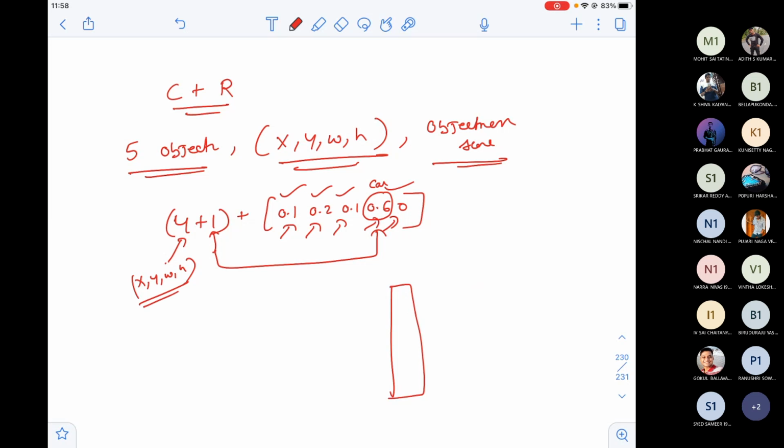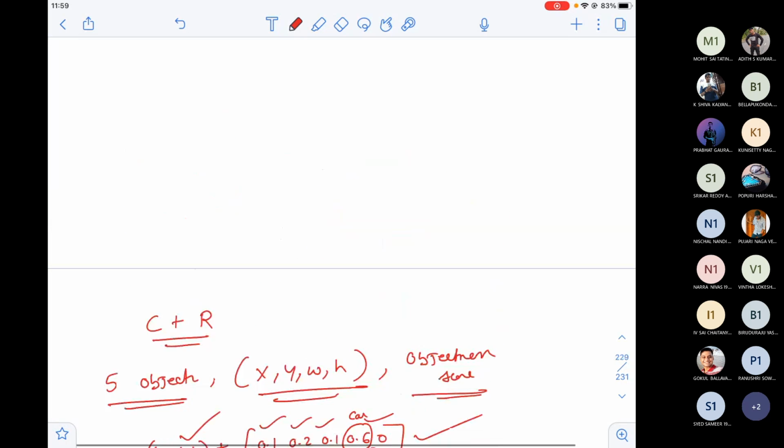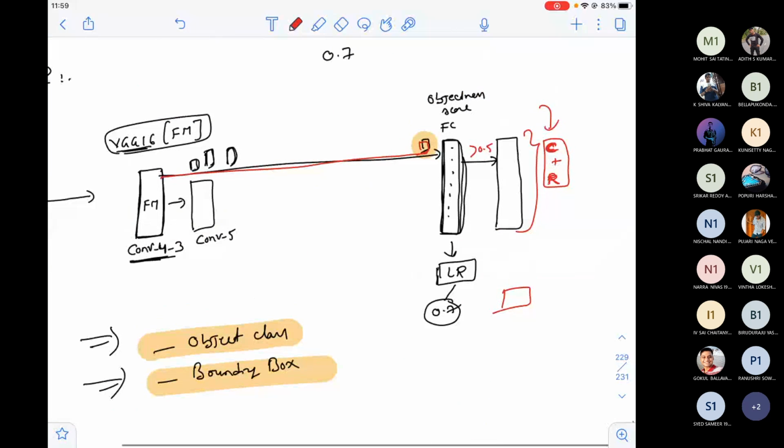X, Y, W, H are also numbers, and the objectness score is also a number. Then why can't I combine these? This is 5, this is 5. Totally 10 values will be there in the output layer. How beautifully they combine classification and regression. So the final output will have the class distribution plus the regression coordinates plus the objectness score.